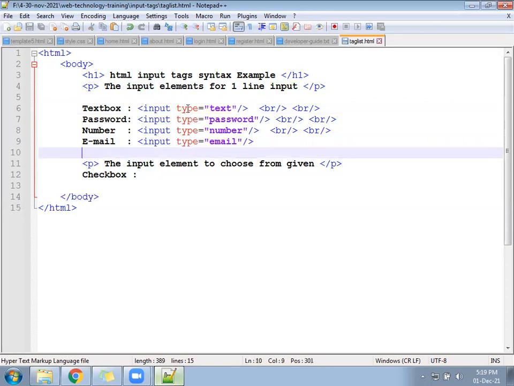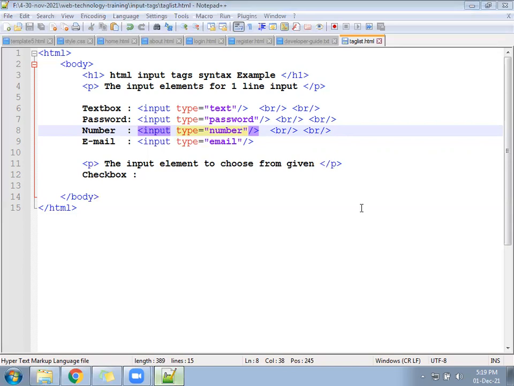The property is the same, type. The value is different. One place is text, another place is password, next place is number, third place is email. So you can say the tag is same, property is same, but the values are different. According to the value, the UI will get changed. If password, then password functionality will get applied. If email, then email functionality will get applied.